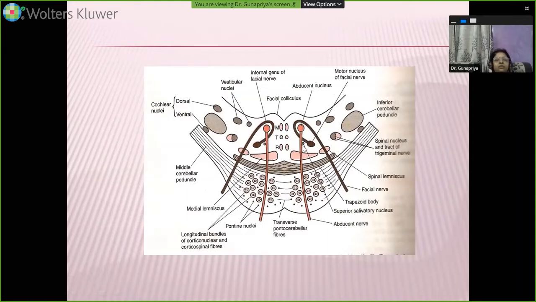Okay. So this is what's happened here. You have your abducens nucleus there and the motor nucleus of the facial nerve here. The fibers are winding around it. This produces this elevation here known as facial colliculus. This phenomenon is known as neurobiotaxis: one cranial nerve's fibers going around another cranial nerve's nucleus.